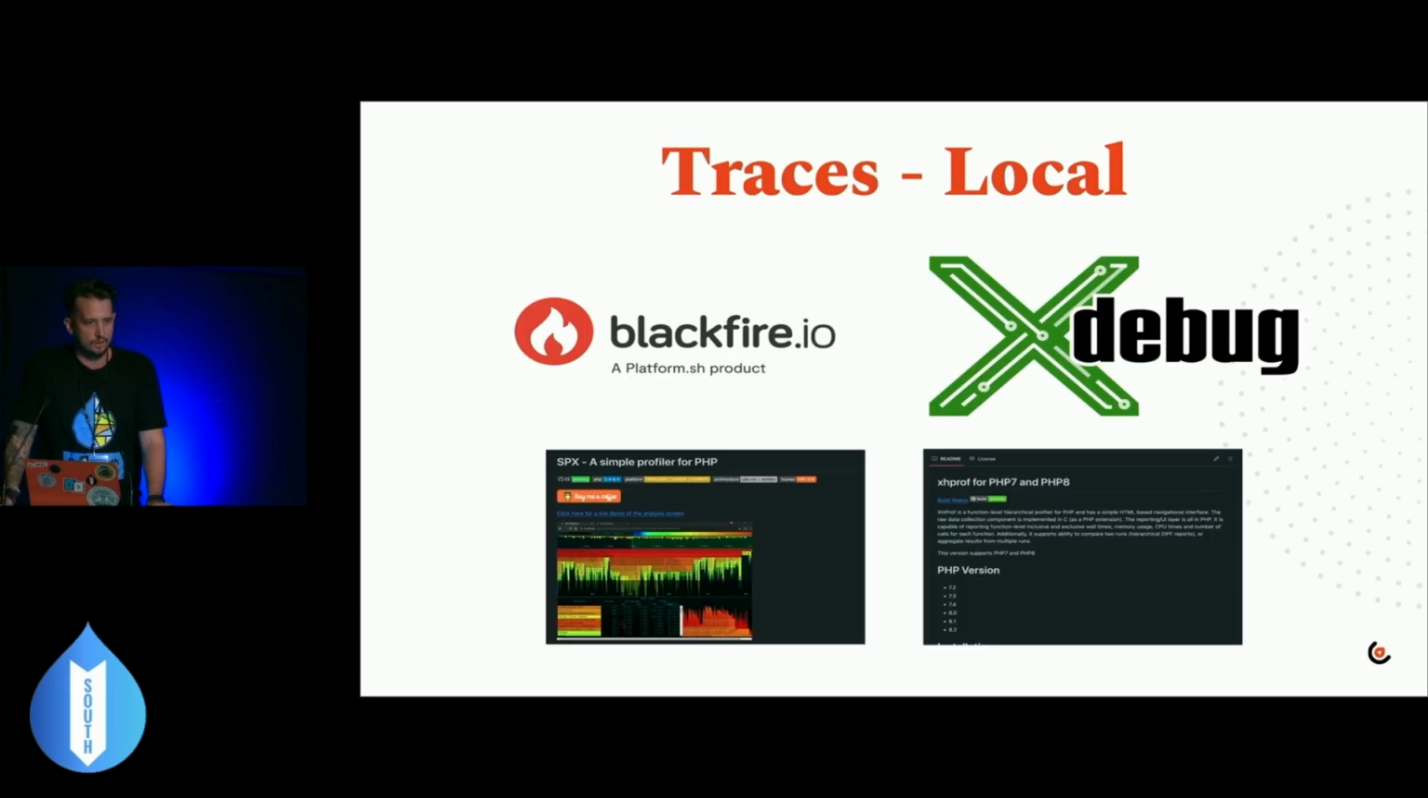But when it comes to local, those tools don't align very well either. So we use things like Xdebug, SPX, Blackfire, XHProf. We use a lot of open tools for our locals. But ultimately,